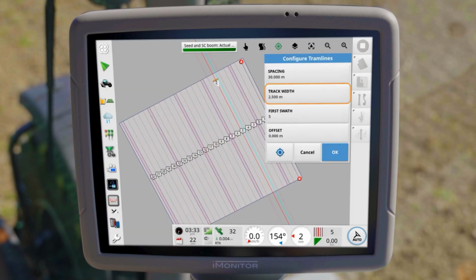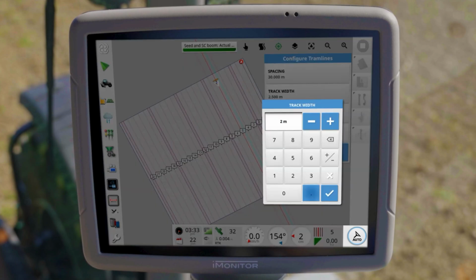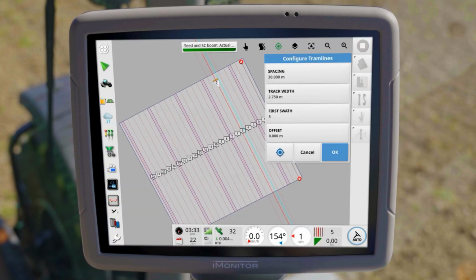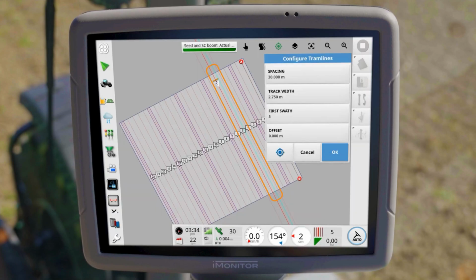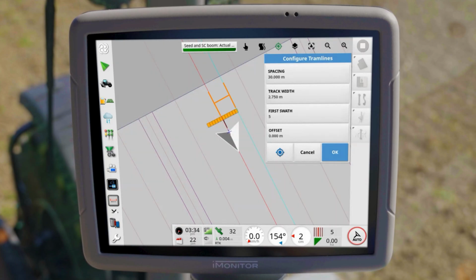Track width. Define the distance between the outer edges of the wheels from the vehicle, which will pass the tramlines. First swath. Set the swath number where seeding begins. The system calculates the field edge from this position and displays it as a light blue line. By default, this line appears at half the implement width from the first swath, but then can be adjusted with